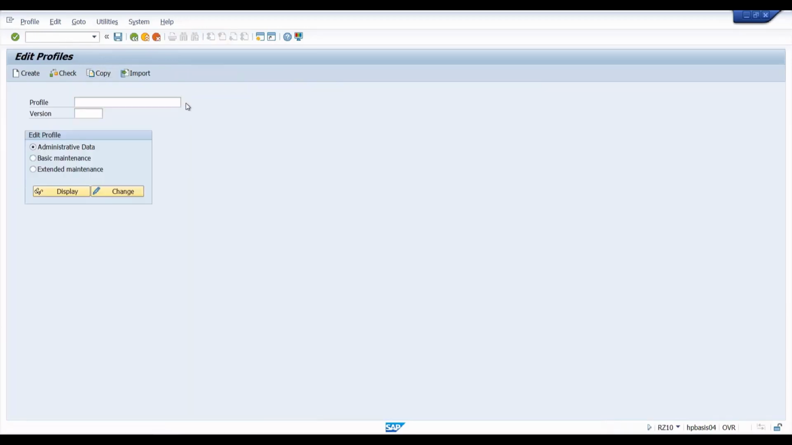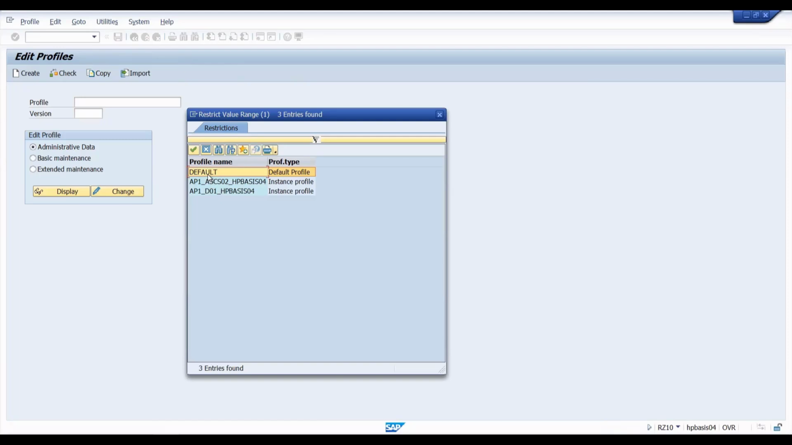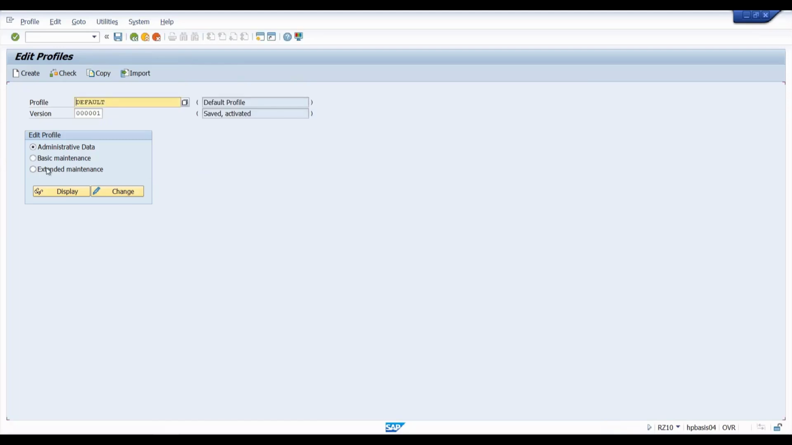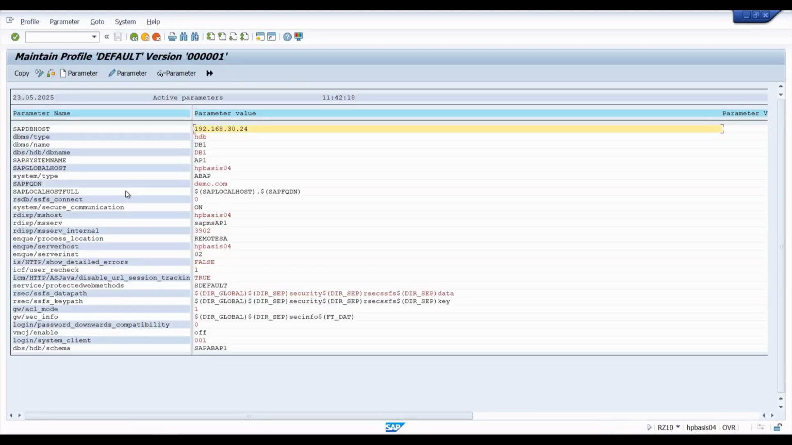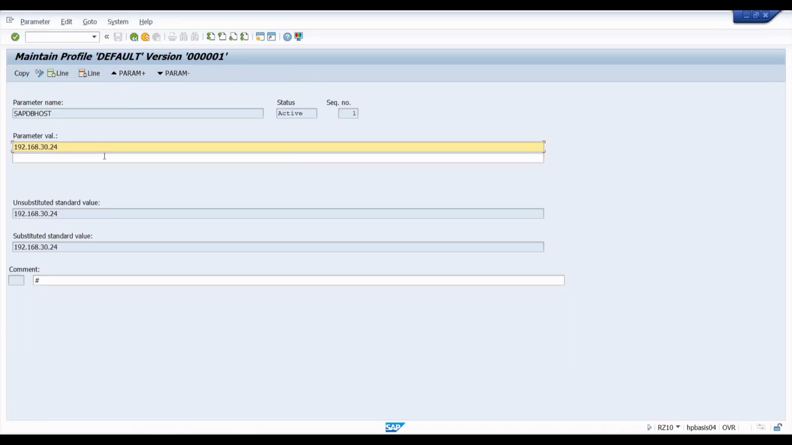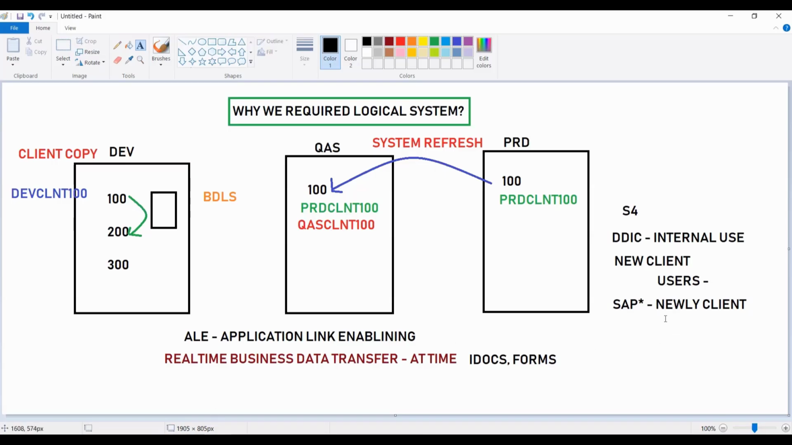Once you go there, you need to select the default profile or instance profile. So you need to go to the extended maintenance and change, and then provide the parameter value here, and give the value 0. Once you give it like this, you need to click copy, and then save the settings, and then you can log into the newly created client. So before logging into the newly created client, the SAP* parameter should be enabled. Then only you can log into the newly created client,